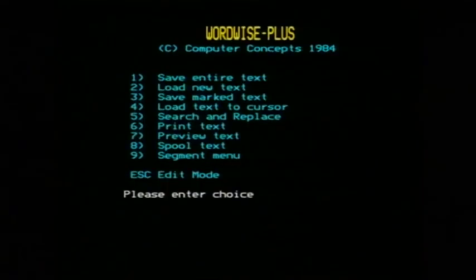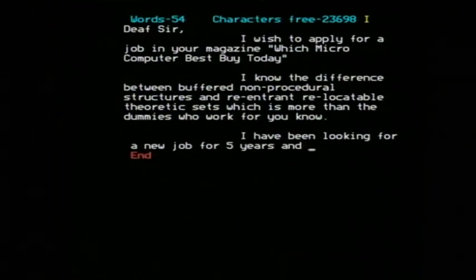Right, well, let's see how the word processor helps you write. I'll move into the writing mode, and that's one key depression on almost every system that you find. And as you can see, I'm working on a bit of a spoof letter here. I'll add a few more words in. I've been looking for a new job for 5 years and cannot find...